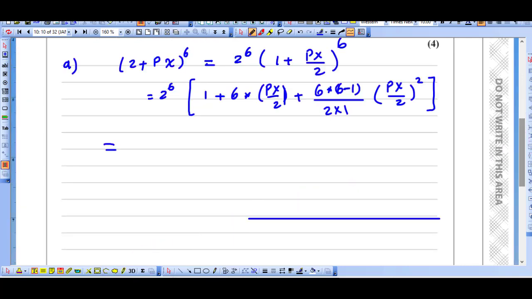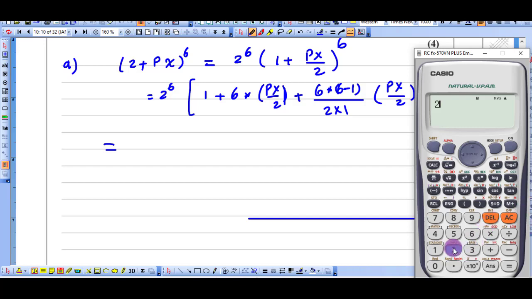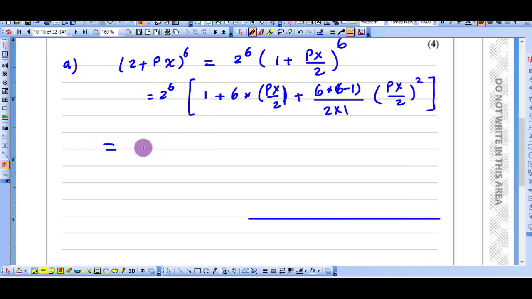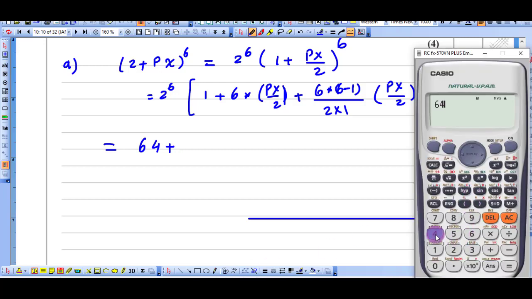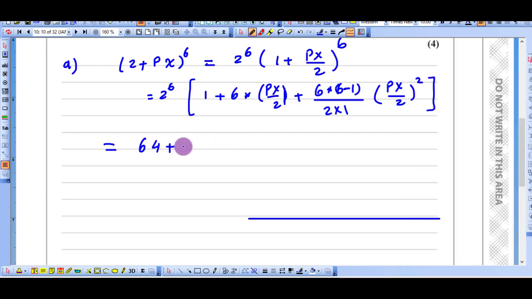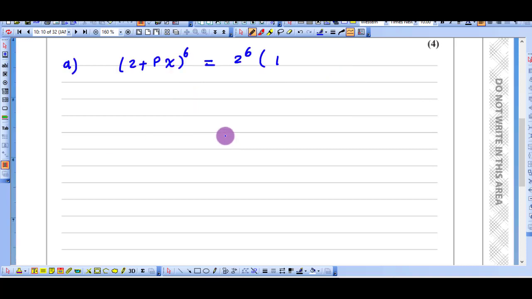Let me find this value, 2 power 6 is 64. So 64 by 1, 64, plus 64 by 6 divided by 2, 192. 192bx